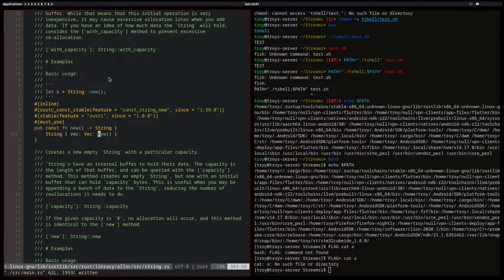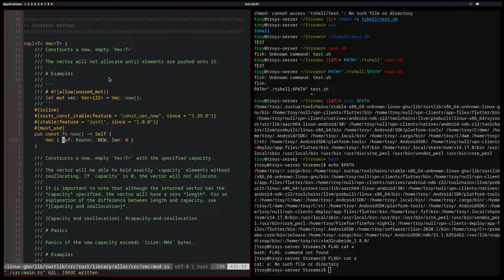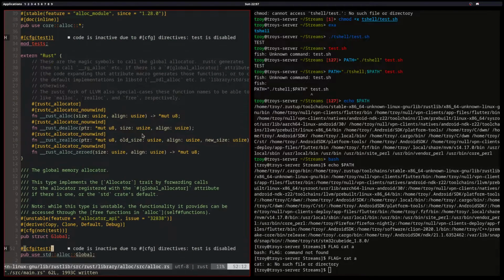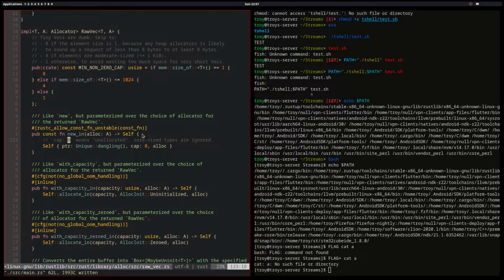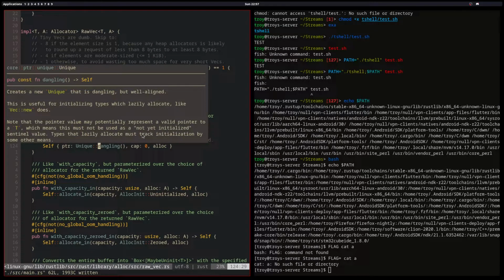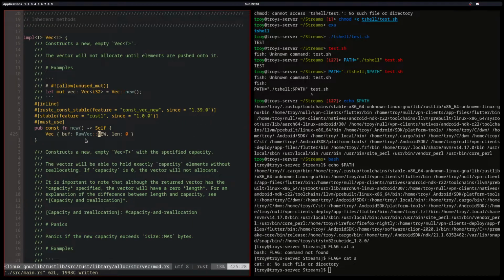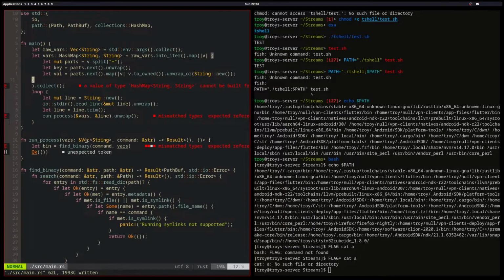So if we go here and look at Vec::new, you can see that there's this RawVec thing, and it's all const, right? So it just sets the length to 0, and it uses this constant here, this global new in, which ends up creating this dangling pointer, which is well aligned for this type, but it's not null. So we're not going to access this because its capacity is 0, right? But this is a pointer that just kind of exists, and we can fill it in by default in the structure. So it basically means that new doesn't allocate anything, so we can actually just stick this string in here,